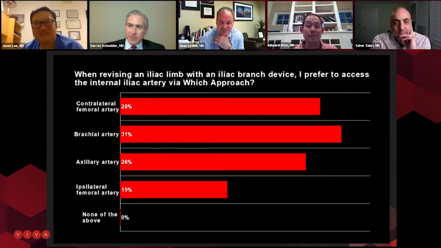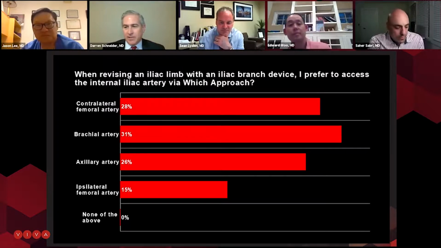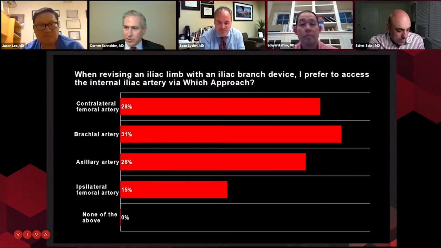I typically do these, like I did this case, under local and sedation with percutaneous femoral access. And so for that reason, I try to stay away from axillary and brachial approaches if I can. With revising prior EVAR devices, you can actually easily come around the bifurcation of those devices. Gustavo Oderich has published a technique utilizing a dry seal sheath that you can support with a sheath from the contralateral side. And like you said, you can also use the tour guide or OSCOR devices and even do it